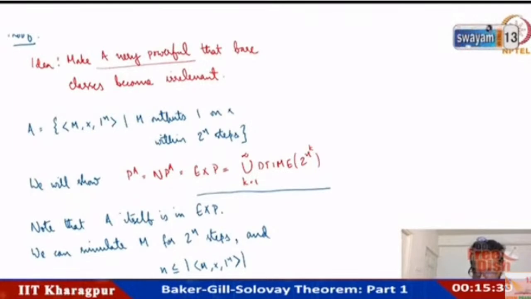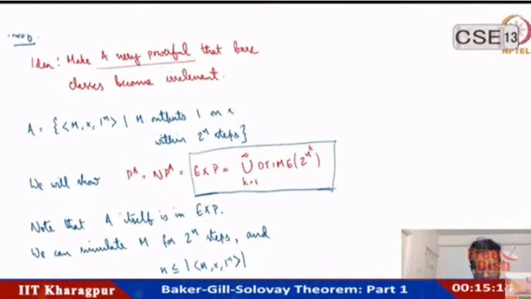So if I had DTIME(n^k), it would be polynomial time. 2^(n^k) means the exponent is polynomial, so it's exponential time, right? So this is exp, and the language, the oracle or the language A is